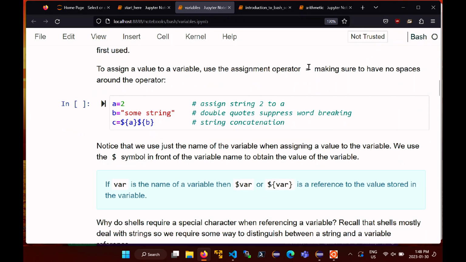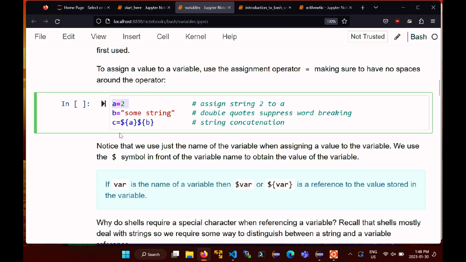Assignment in bash is the same as in many other languages. It uses the equal sign to do assignment. Now, in bash, you're not allowed to have spaces around the equal sign, which is strange compared to the other programming languages you're used to, depending on how you were taught to write your programs. It may have been drilled into you that there should always be a space around your assignment operator. If you're in Eclipse and you auto-format your code, it always puts a space around your equals operator. In bash, you can't have the space there. So if you want to make a variable and set its value to 2, you must write a=2 with no spaces anywhere. As soon as you insert a space, you'll get an error,